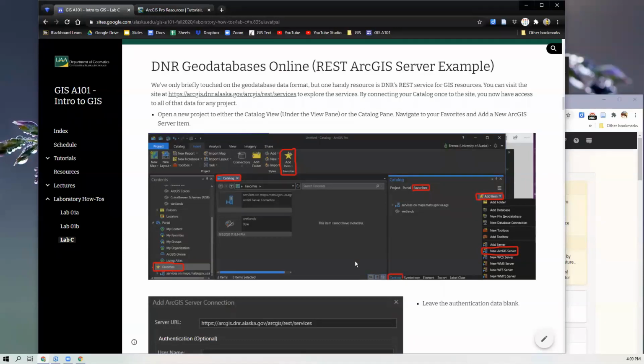So we've talked about geodatabases a little bit. Does anybody remember how they work, what they do, what they are? Does anybody know what a database is? The geodatabase is a way to nest information, isn't it? Yeah, so instead of having an individual shapefile for lines and one for points and one for polygons, you have a geodatabase. So a database is essentially just a system for managing data in a way that is